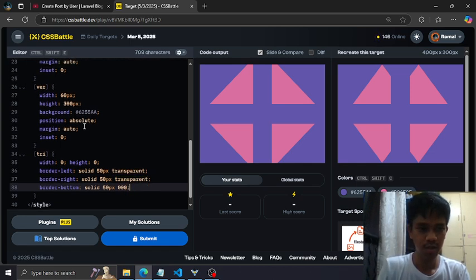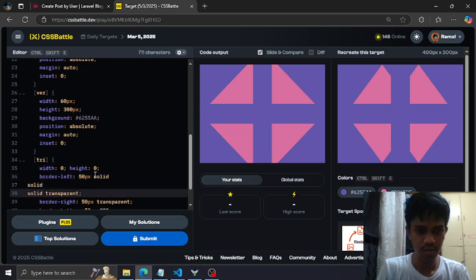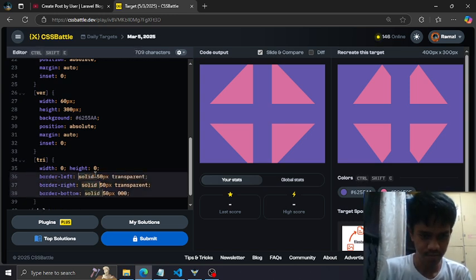And yeah, in the center, wait. Solid 30 pixels. 30 pixels of transparent. This is wrong. Let me exchange the values. It's not showing. Wait, there's something wrong.